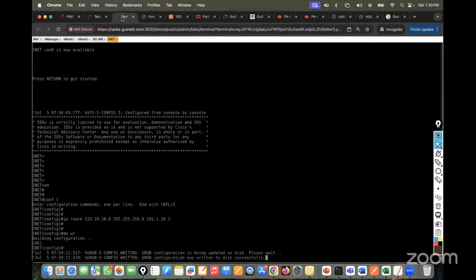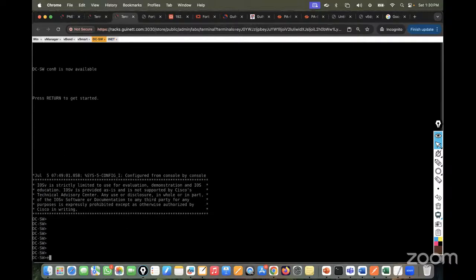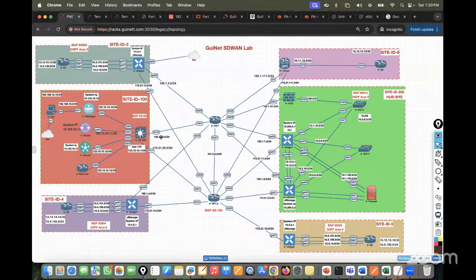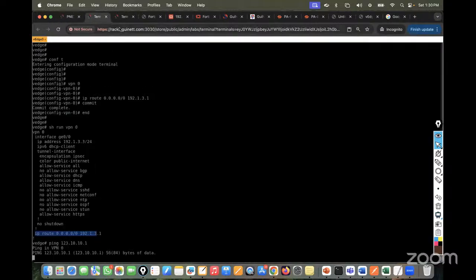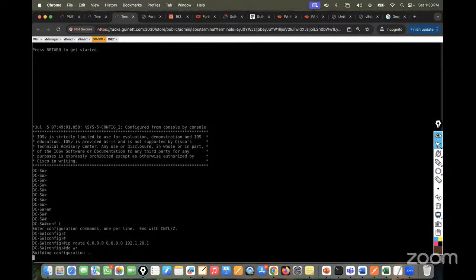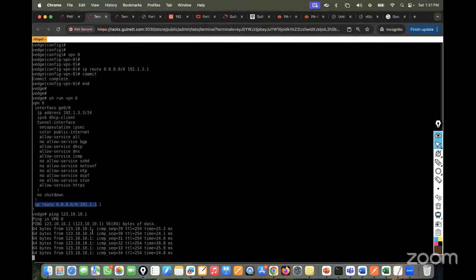Why? Because we do not have the reverse route in the DC switch. So I'll put the reverse route here. Again, I'll put the IP route 0.0.0.0 0.0.0.0, and the next hop would be 192.1.20.1. So you'll see after that it starts pinging 192.1.20.1. Right. The moment I put that, you'll see it starts pinging my SVI IP, which is